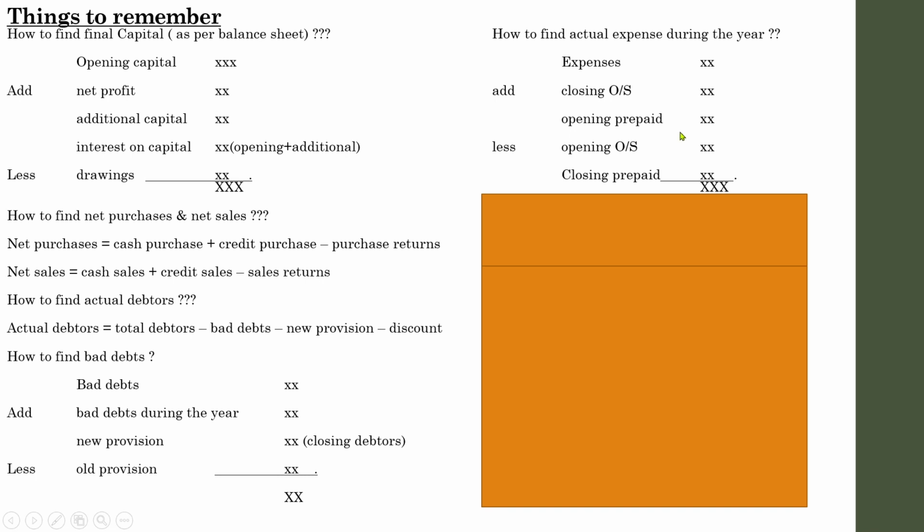Outstanding or prepaid, whatever it is, you will be given opening and closing like that. So how are we going to deal with opening and closing? Do we have to take the opening or do we have to take the closing? Which one has to be neglected or which one has to be deducted? There are certain rules regarding that, which have to be kept in mind. So let us discuss outstanding items. In the question, you will be given opening outstanding and closing outstanding. Listen very carefully: opening outstanding and closing outstanding.